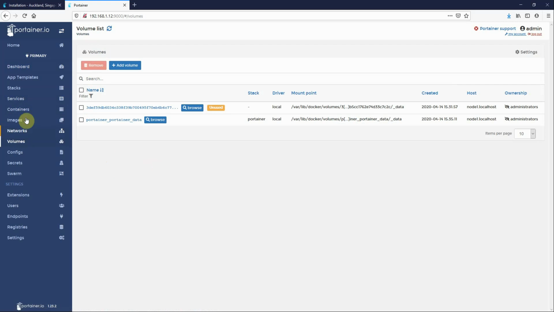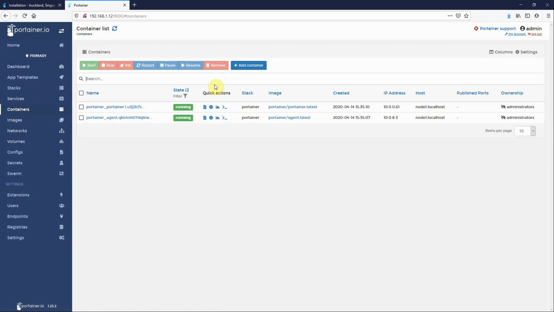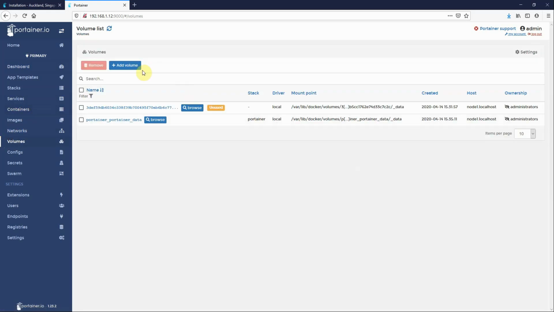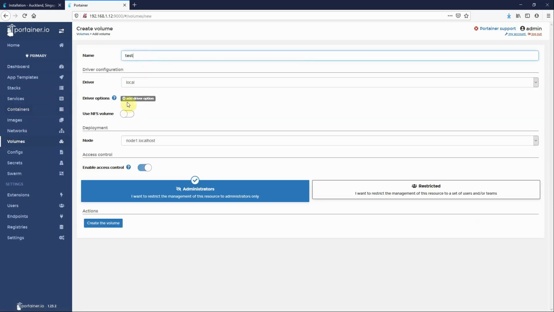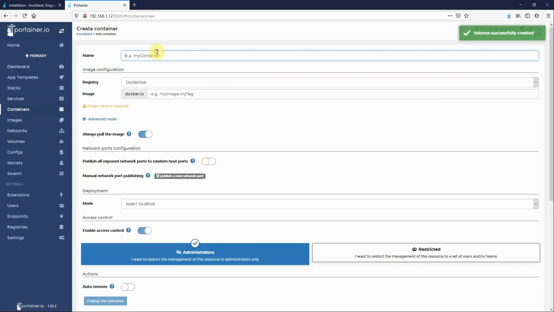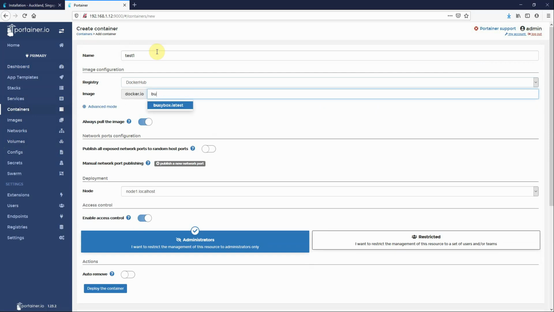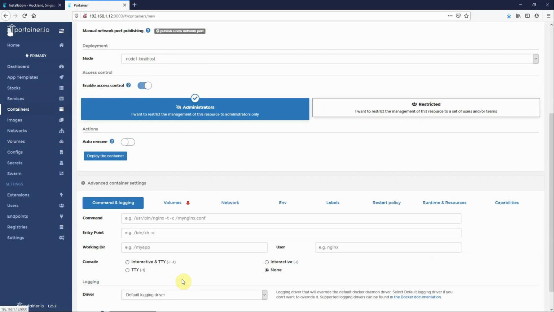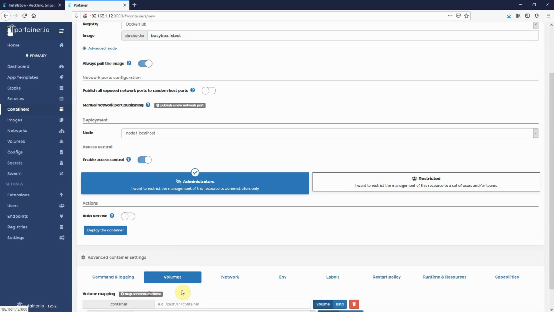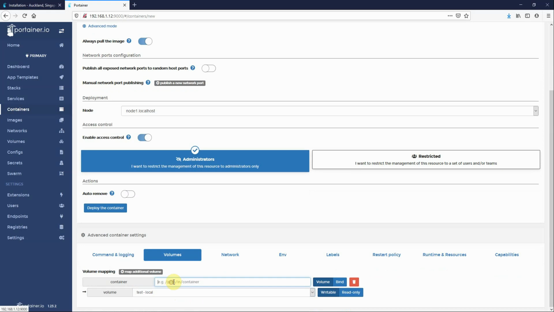Now I can show you how this works by spinning up another container. So if I go into containers, add a container, actually first of all let me create a new volume. So test volume, create, containers, add a container, test one, busybox, attach it to a volume. So we want test, and we're going to map it to slash test, deploy,